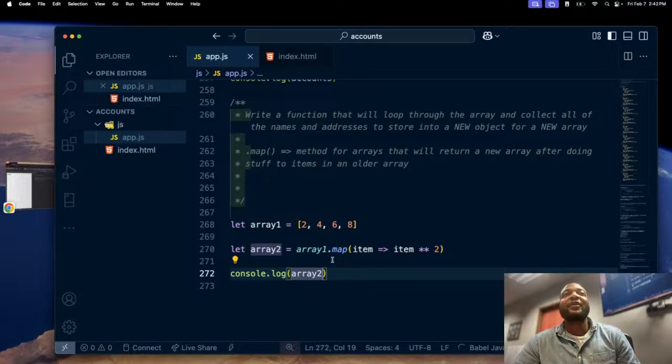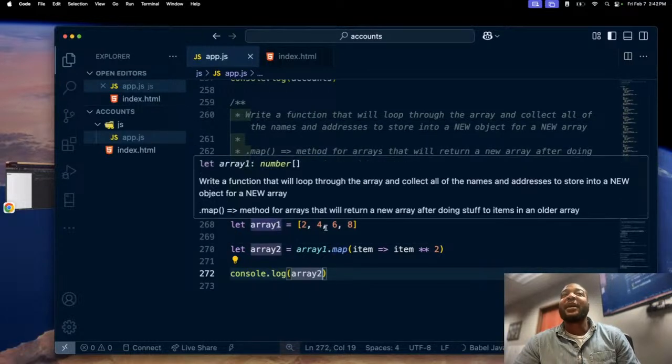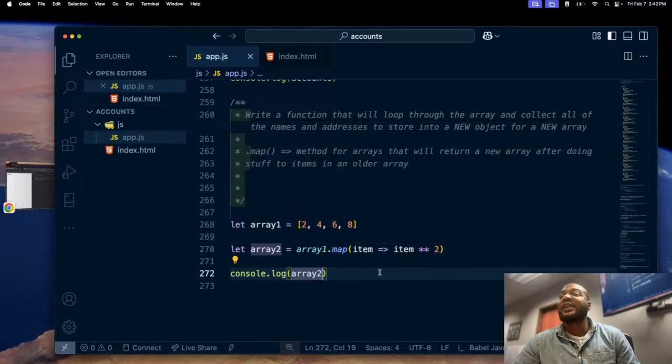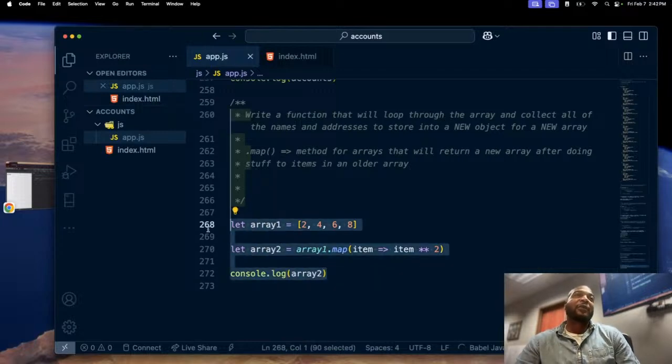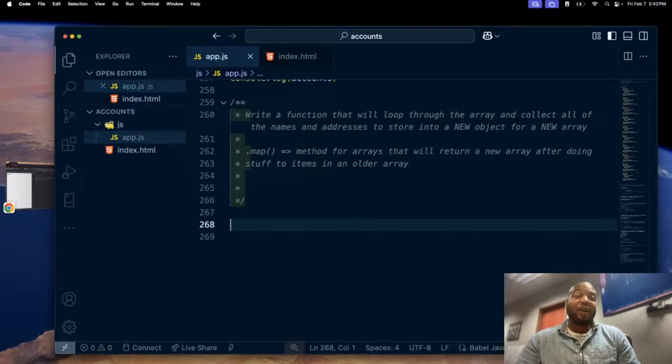This map method is going to make a new array or copy of the array based on whatever task we're doing to it. It's a pretty cool method. If you start learning React, or if you have started learning React, then map is going to be your friend. So anyways,